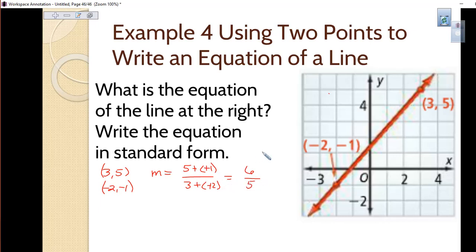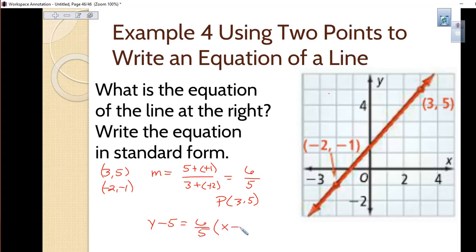So now you have to choose which one of these 2 points we want to use. We have our slope, we just need a point. And most of us will always choose the 3, 5. It doesn't matter which one you choose, you'll get the same answer in the very end, in standard form or slope-intercept form. But in point-slope form, you'll get something different. So let's begin by putting this in point-slope form. We're going to take the point 3, 5, and we're going to use our slope of 6/5. So y minus 5 equals 6 over 5